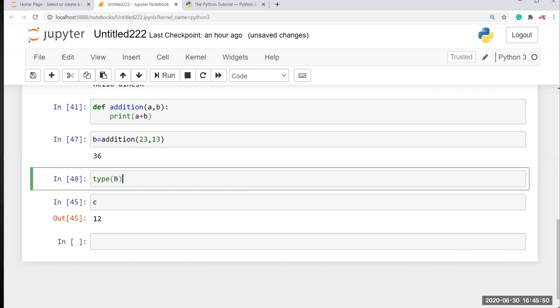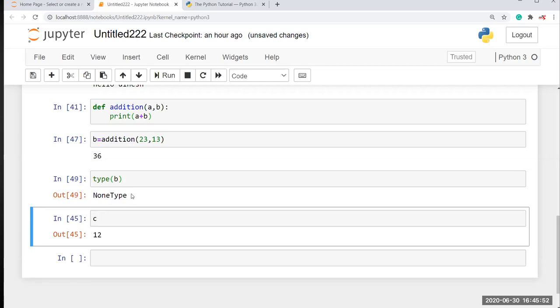I run this, it is NoneType, because NoneType means there is no value inside b. So Python prints an empty value as a None type value. In b we have nothing, we don't have any values in here.